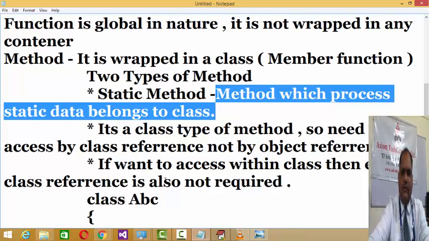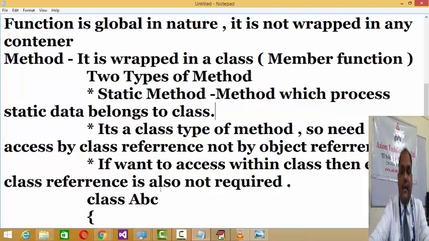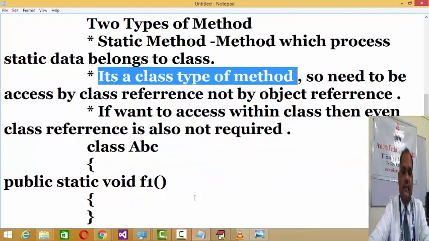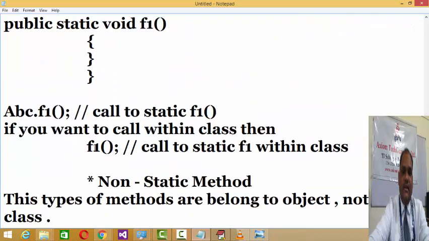To process such data we have a static method. I will be elaborating on static data in detail in the next sessions. As it is a class type of method, it needs to be referred to by the class name. And if you are accessing it within the class definition, a class reference is not required either.